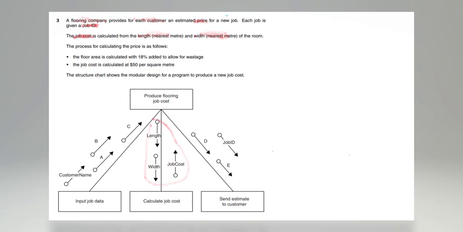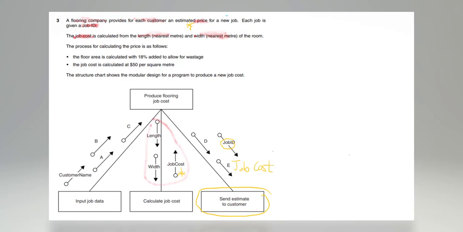Now, what do we know to begin with? We know that each customer will receive an estimated price. The variable for this is what we just mentioned, job cost. So the customer over here will receive the job ID, but also they'll receive a job cost. Okay,